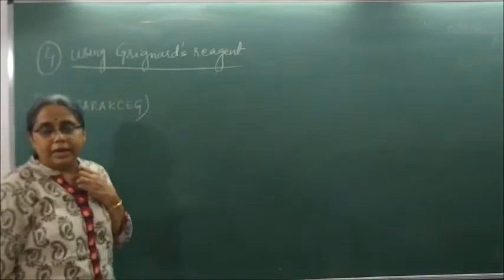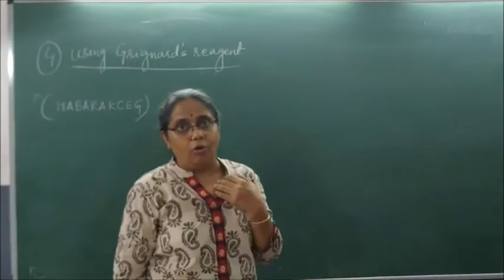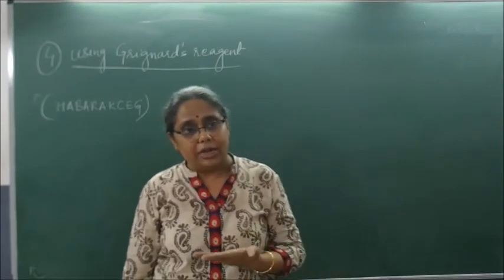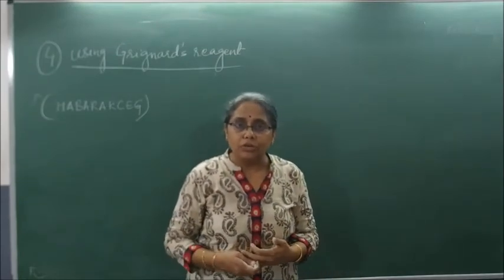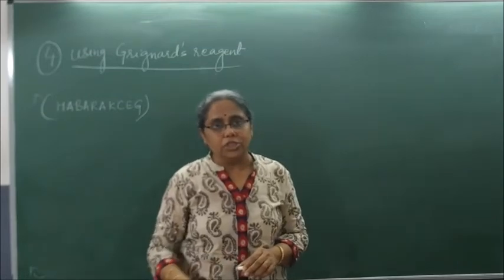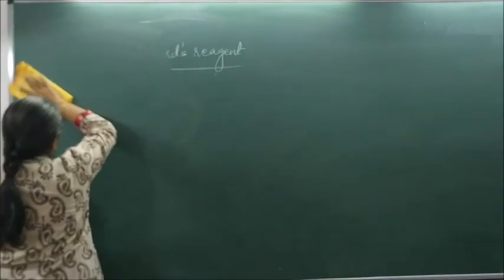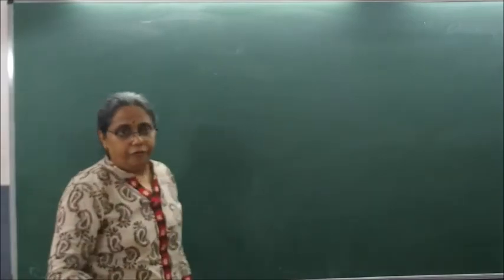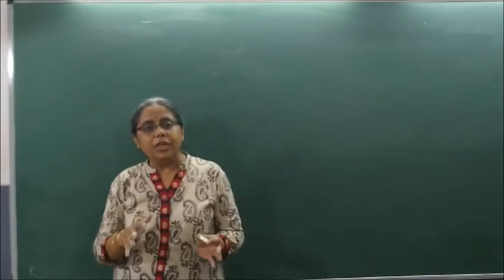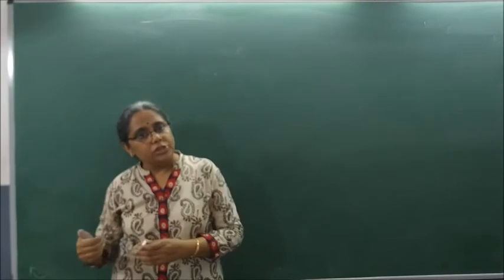In Grignard's reagent, if I use formaldehyde, what do I get? Primary alcohol. Any other aldehyde? Secondary alcohol. If I use ketone, I get what alcohol? Tertiary alcohol. Clear? Now we will study phenol, methods of preparation of phenol. Then after that we will study reactions of alcohol, reactions of phenol. And in the end we will study ethers. So first, phenol,